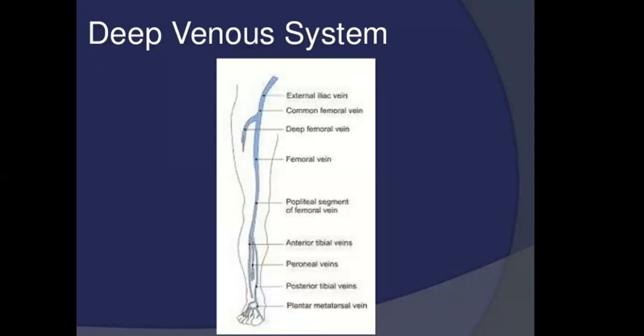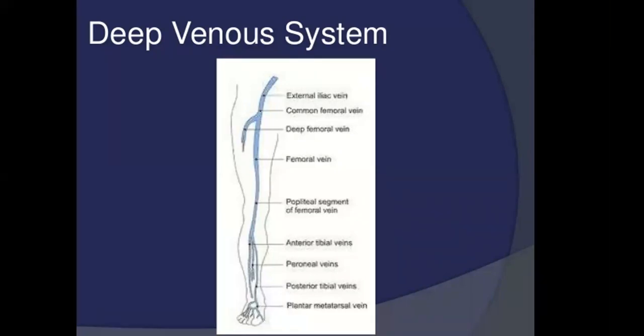The popliteal vein is formed by the union of the venae comitantes of the anterior and posterior tibial arteries. As you can see, these unite with one another to form the popliteal vein. The popliteal vein ends by passing through a gap in the adductor magnus muscle, which is sometimes known as the adductor opening, and it is where it becomes the femoral vein.